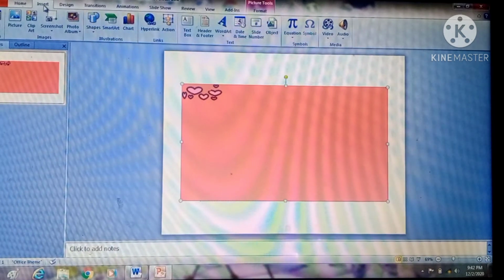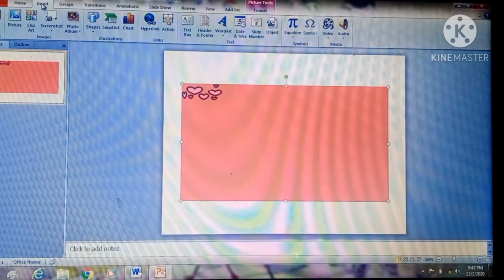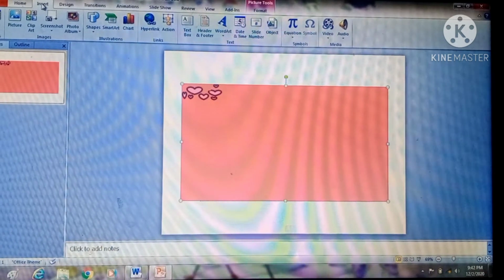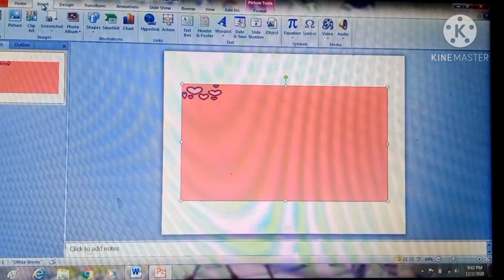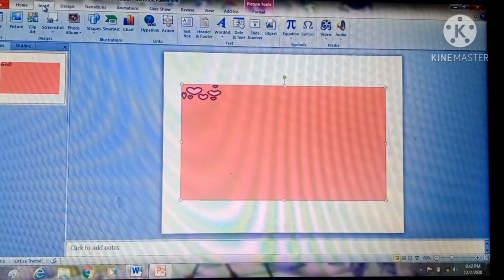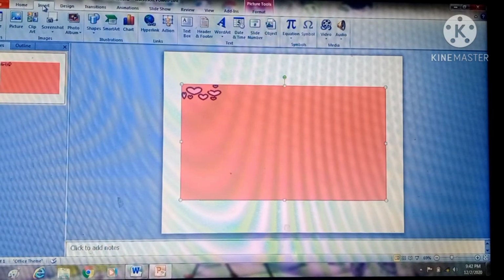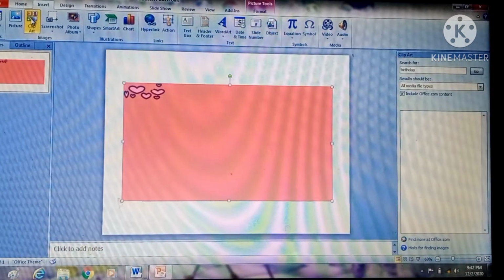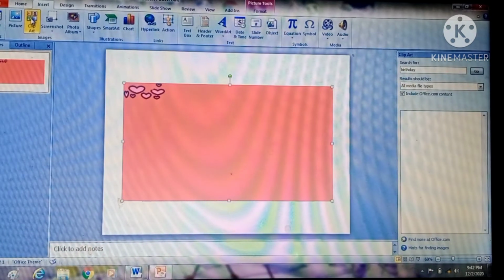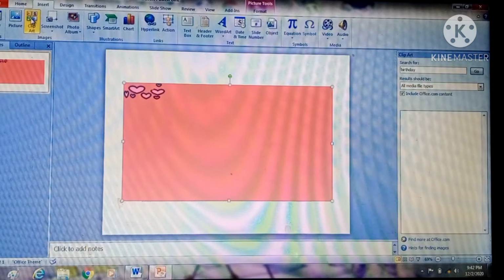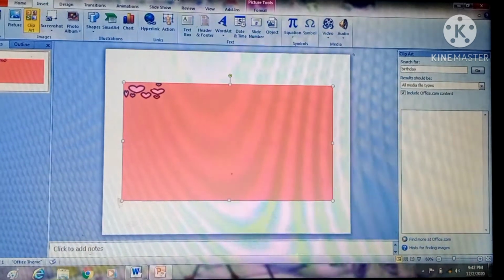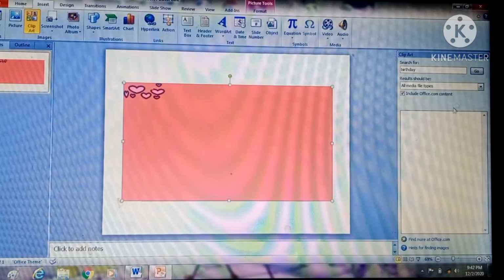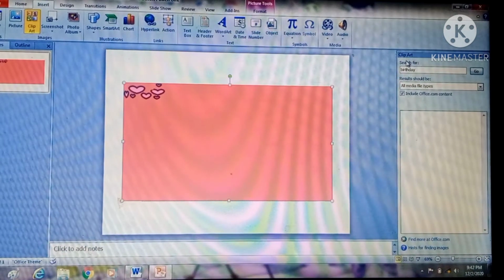Next, the second method is we can insert an image from clip art. How you can insert an image from clip art? Again you have to follow the same thing. Click on the Insert tab, go to the Images group, then click on Clip Art. As you click on Clip Art, then you will see the Clip Art dialog box at the right end of your window, like here. Now here is the clip art.